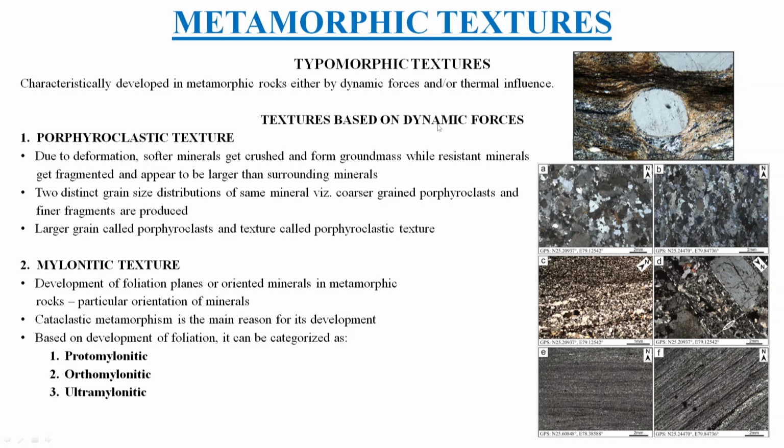So, due to deformation, softer materials get crushed and form ground mass, while resistant minerals get fragmented and appear to be larger than the surrounding minerals. So, here you will get two distinct grain size distributions of the same mineral, the coarser grained porphyroclast and finer grained fragments are also present. Larger grains are referred to as the porphyroclast, and so the texture is referred to as